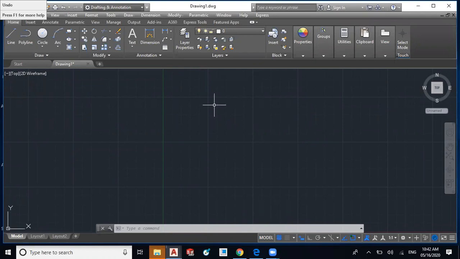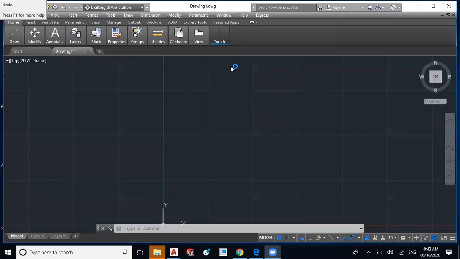If you are not getting this menu bar, you are not getting the ribbon, to get the ribbon, we have one arrowhead here, minimize to panel buttons. By clicking on this, you can minimize.